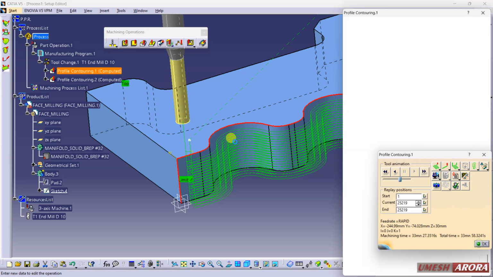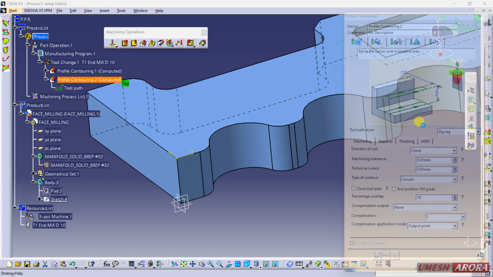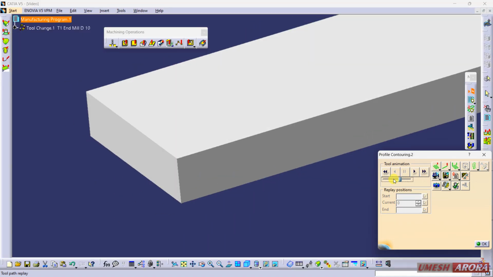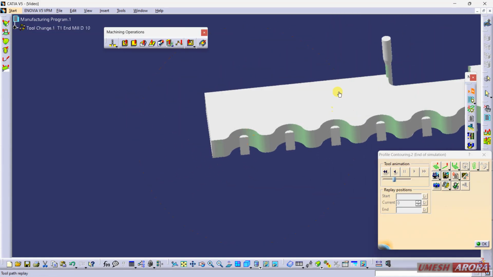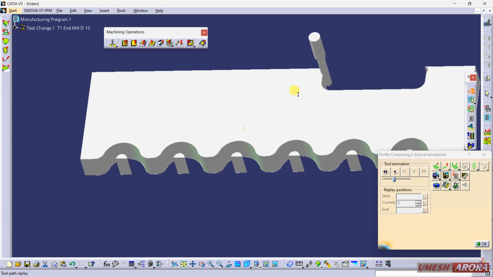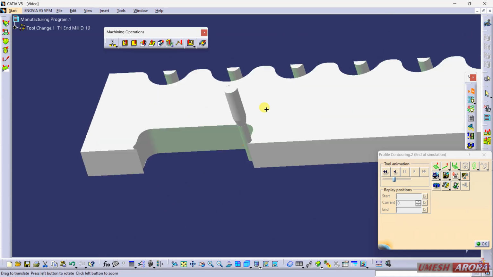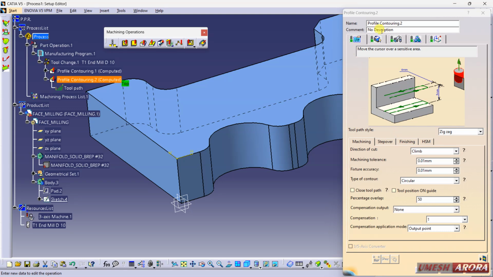Okay, now select this second one, and see. Okay, we have considered this pocket as a close, so it is working here as a close.